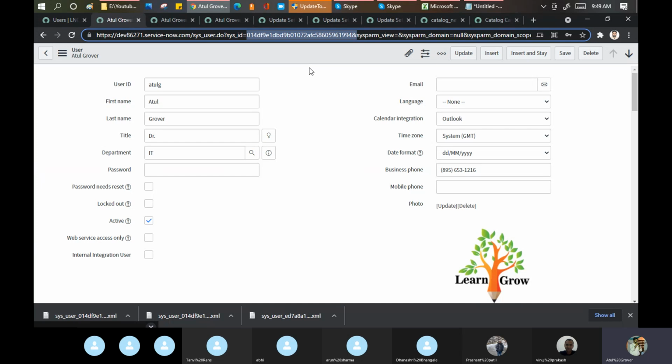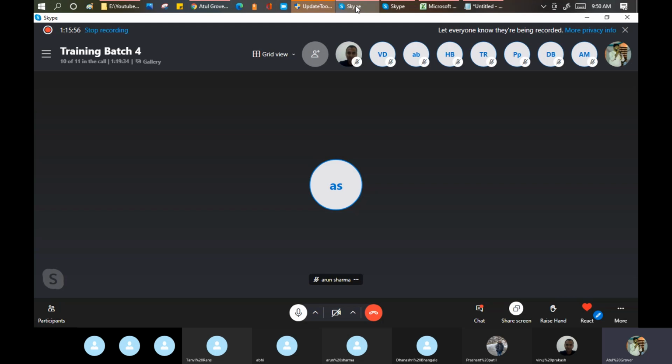You put variable A, but you know the actual variable A is something different. That is the purpose of this XML import and update. Any doubt, any question?